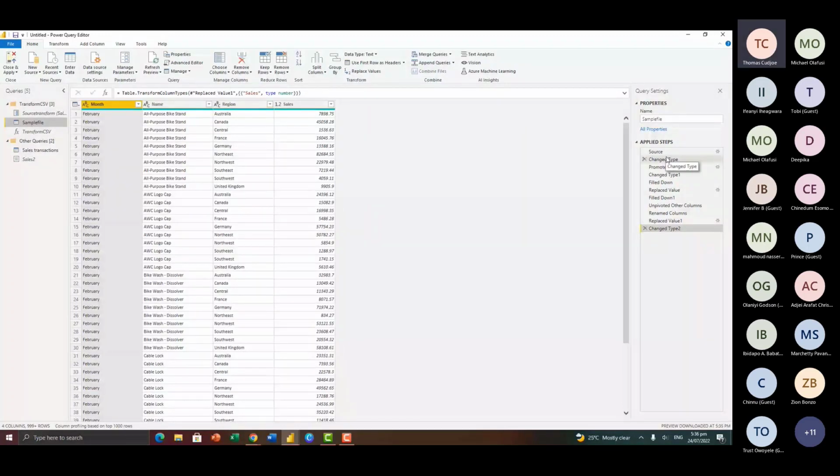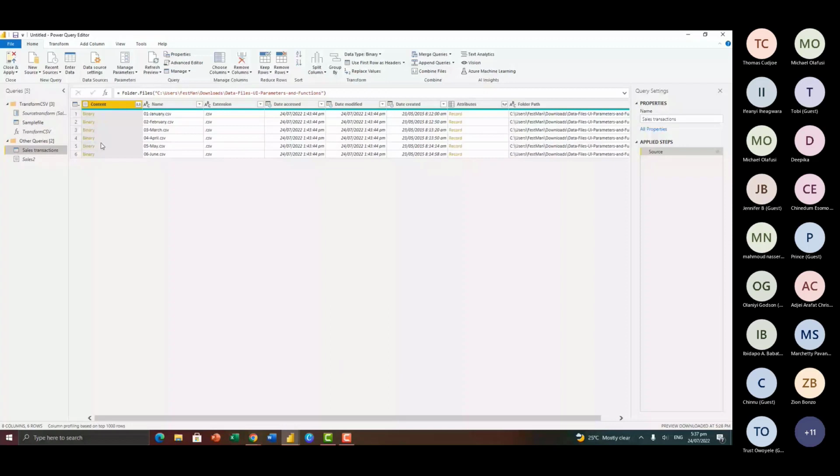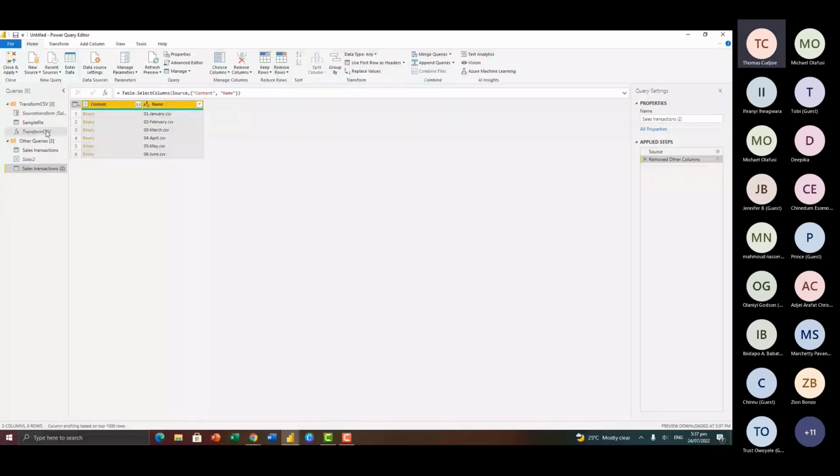So now let's go to our query that we have here, this query. I'm going to duplicate this again. So we have this here. So what I'm going to do is remove all the other columns. I'm going to leave just the content and then the name. So I'll select the two columns by holding down my shift key or control key and select the other column. I'm going to right click and say remove the other columns. Now I want to apply this transformation, this function here. We want to apply it on this, because now here, when I click on this, you see how the data is structured. The data is in its original state.